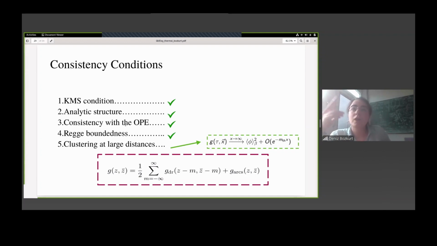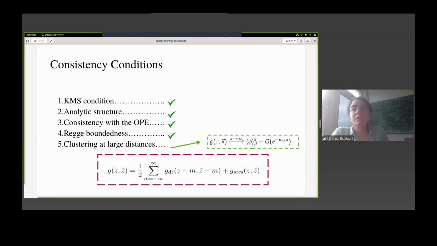But also, after summing over images, we can show that this full form of the two-point function satisfies the Regge boundedness. And on top of it, since we assume it, we know that the arc contributions that we are not able to capture in this way should again have the contributions of the operators in the spectrum of this theory, but for finitely many spin